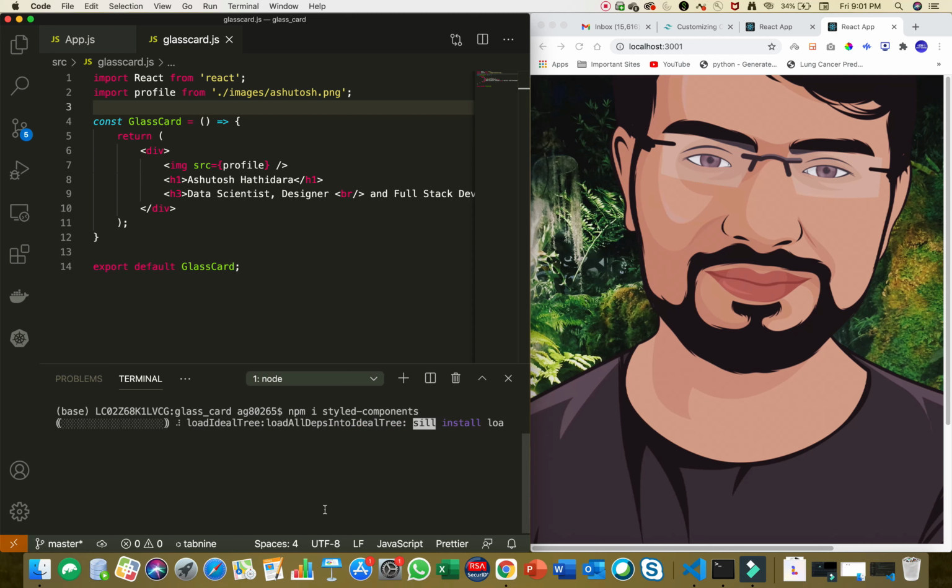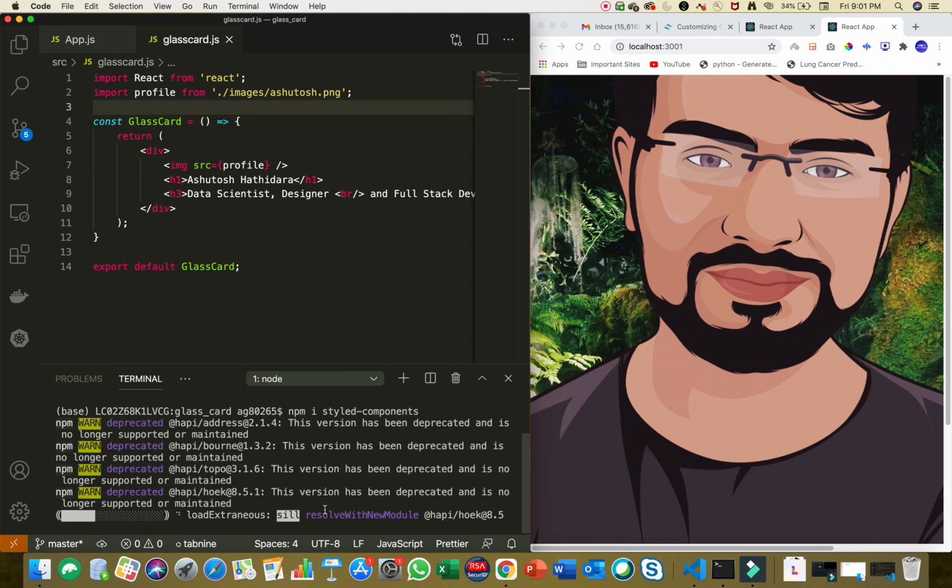Once it is installed, we can write our CSS code in JavaScript. This may sound confusing, but when I start writing the code, you will find it really easy to understand and implement.